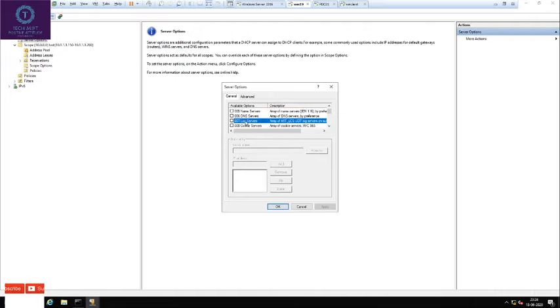Is there any cookie server, log server, specific DNS server? There are around 180 different options in all. That's it for the server options.